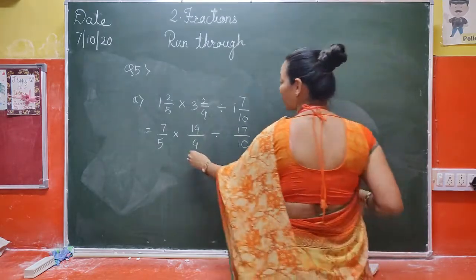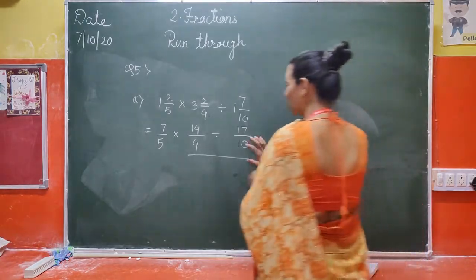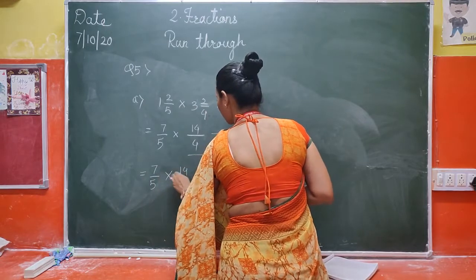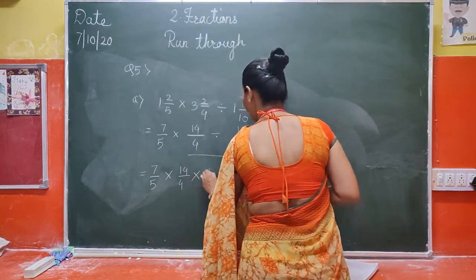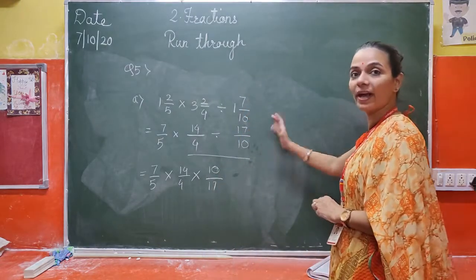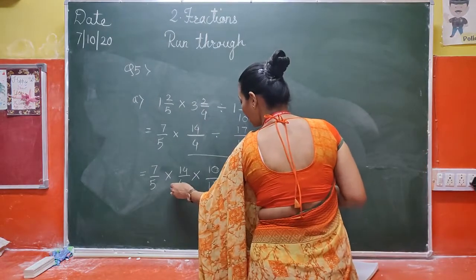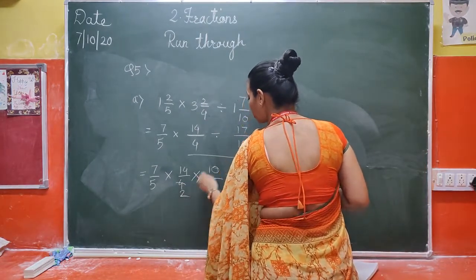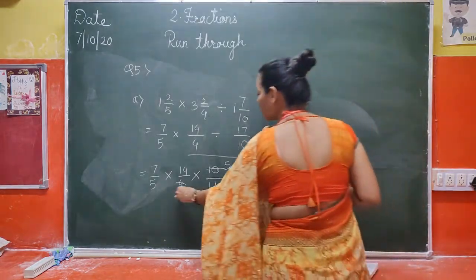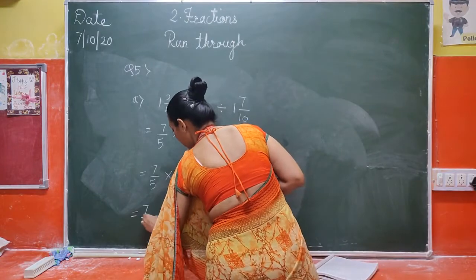So this is it. Now what will I perform? I perform division first. So I'll do this one. 7 by 5 multiplied by 14 upon 4 multiplied by 10 upon 17. Okay? Because when we divide, we just multiply with the reciprocal. So what can it be? 2 2s are 4, sorry, 2 2s are and 2 5s are. 2 1s are, 2 7s are. So what I have? 7 upon 5